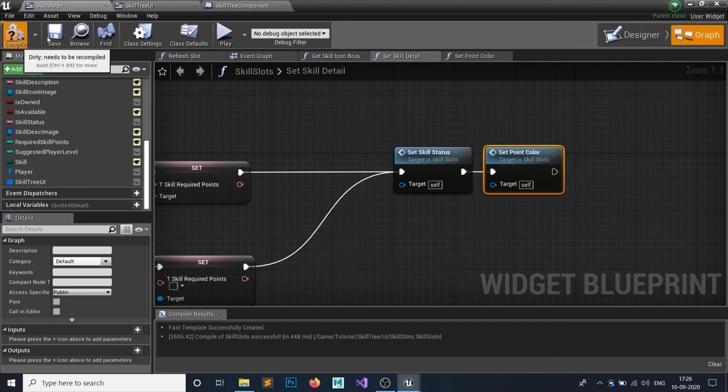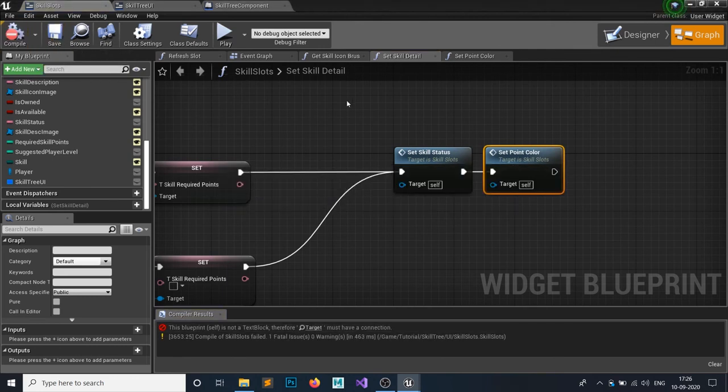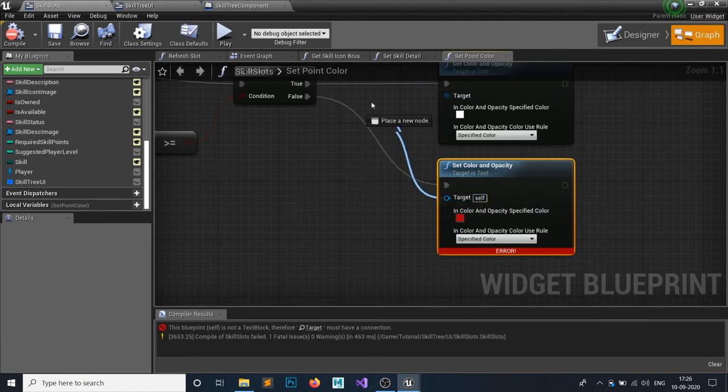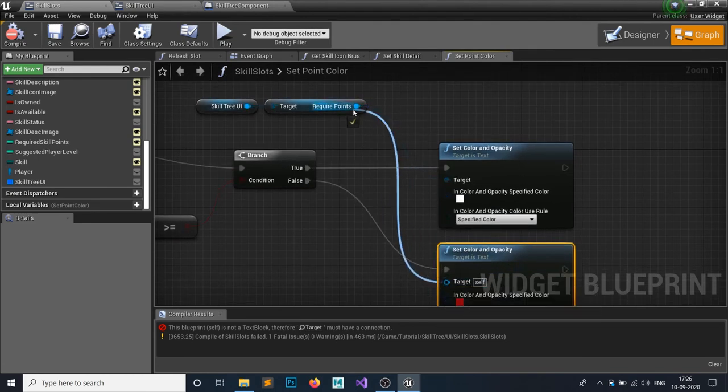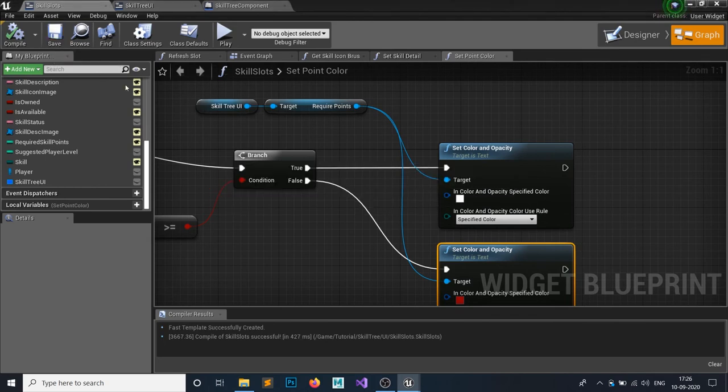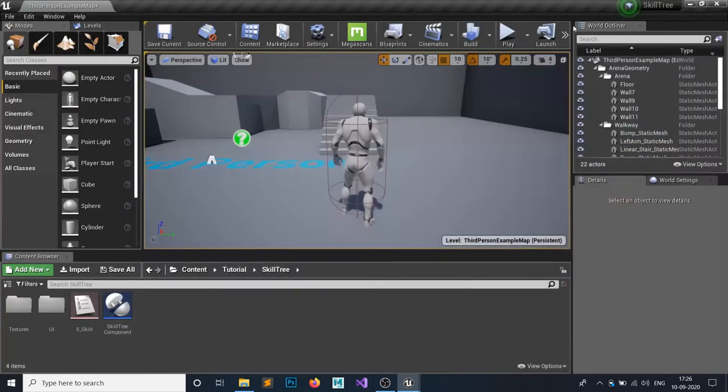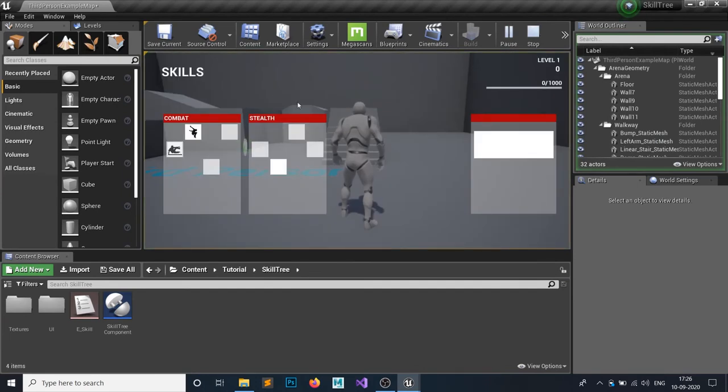and let's see if it's working or not. Okay, target in here. Yep, we have to set this target, because we are referencing it from another blueprint, so we must provide the target. Compile and save, and it worked. Now if we play and hit tab, you can see the required skill points are in red, because we have 0 and the required is 1. But if we hit 4, we now have 1 skill point, so now it will show as white,